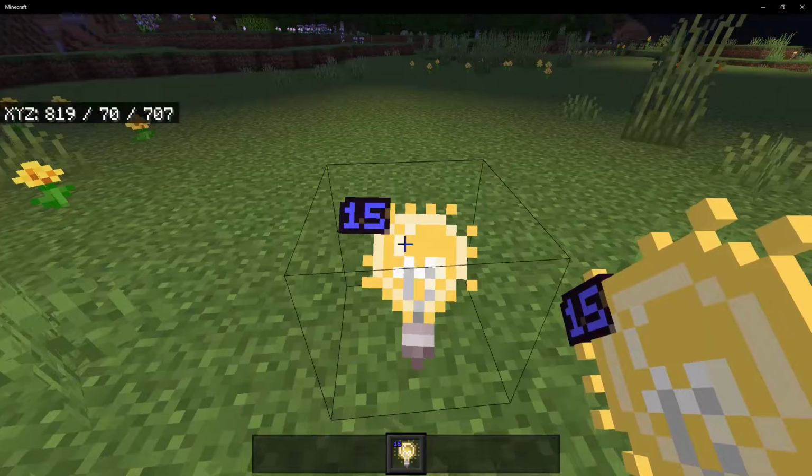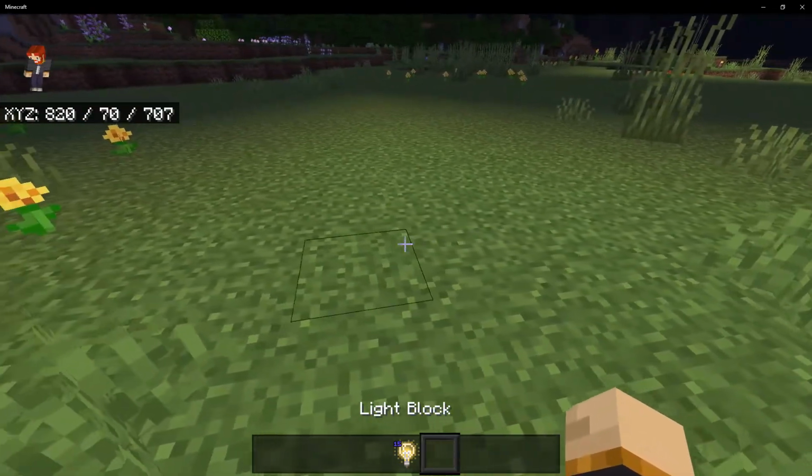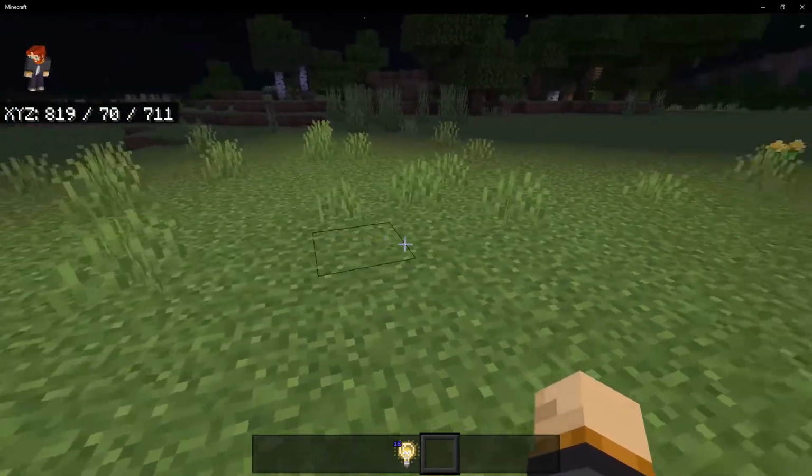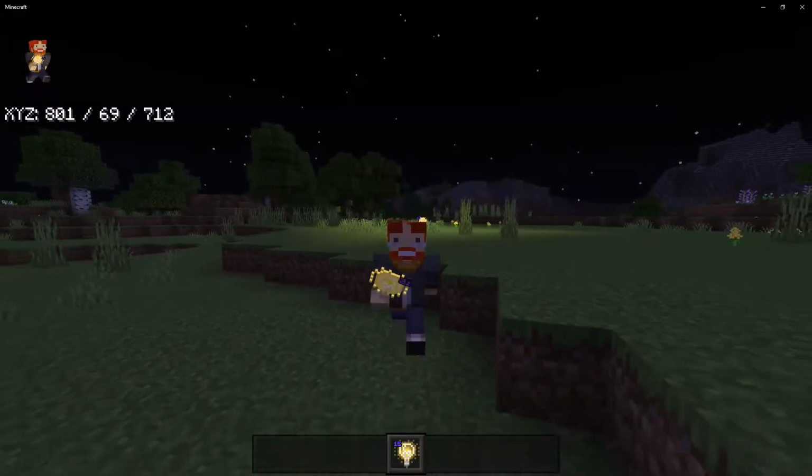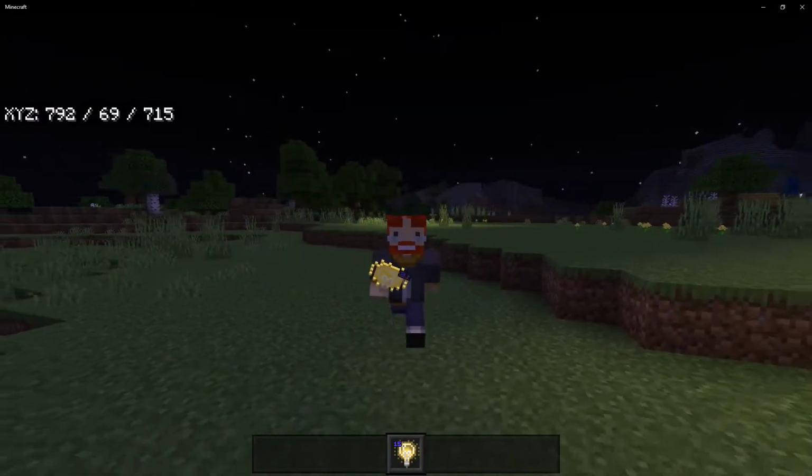This is all that you really need. And once you hover off of it, then the block will disappear and all that's left behind is the light. So in this video, I'm going to show you how to get the light block and how it works